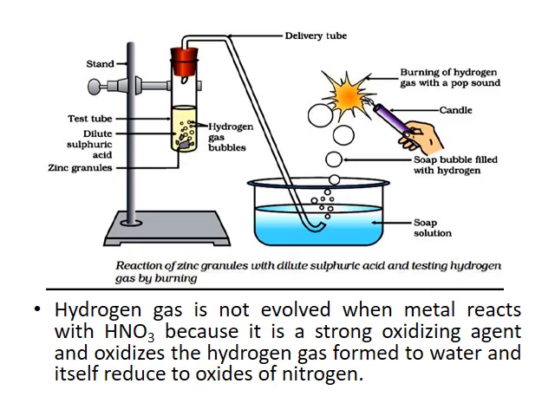When hydrogen gas is released, we can confirm the evolution of hydrogen gas by showing a burning candle to the soap solution. Look at the diagram here. At the left side, one test tube in which dilute sulfuric acid and zinc granules are present. Due to the reaction between zinc and dilute sulfuric acid, there is evolution of gas. The gas is allowed to pass through the delivery tube to another container having soap solution.